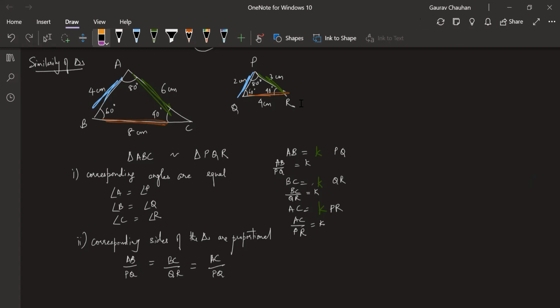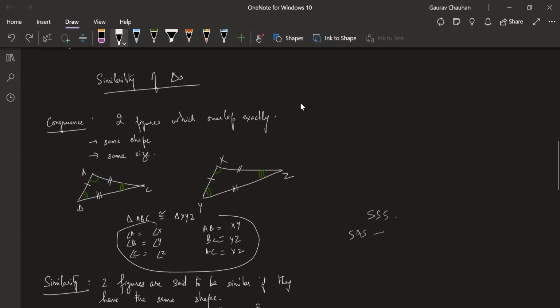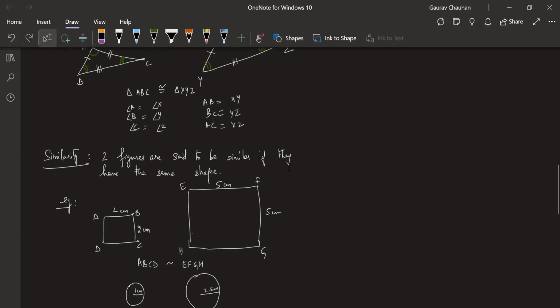This is quite similar to congruence. If I were to remind you, suppose you used the SSS criterion and you showed congruence of triangle ABC and XYZ, even though you don't already know that the angles are the same, if two triangles are congruent, we could say that their angles were the same. In the same way, if you used the SAS criterion to show that two triangles are congruent, automatically this conclusion became true. All 6 elements had to be the same. Though for us to show that two triangles are congruent, we did not really need to show all 6 elements as congruent.